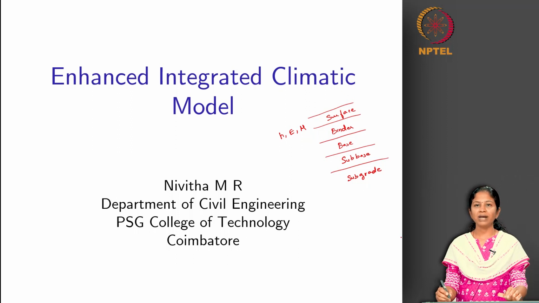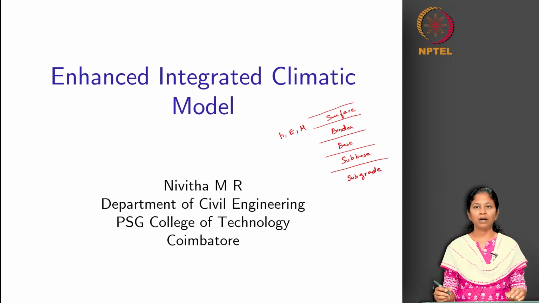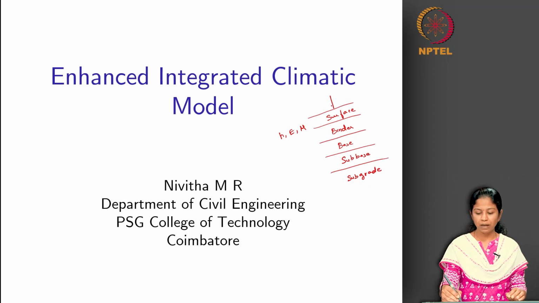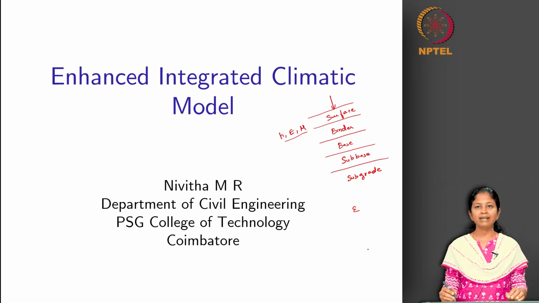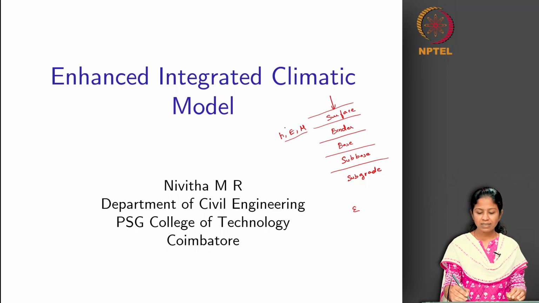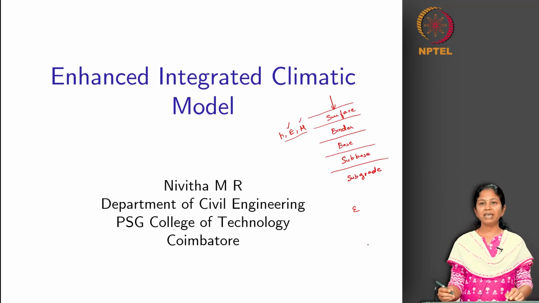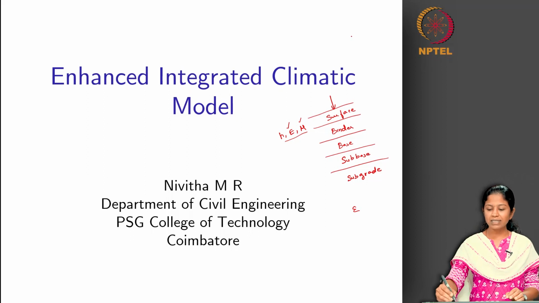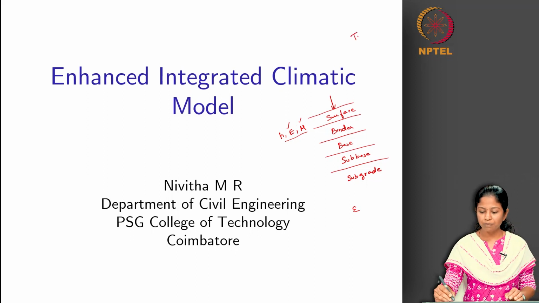If you look into the IRC 37 design procedure, that small tool which is available to compute the strains for a given set of input parameters, we will see that once we apply the load and we have these modulus parameters, we will get the strain response. But in this we only have the option to provide one value for E and one value for mu. But we have seen that this E value is a variable with respect to